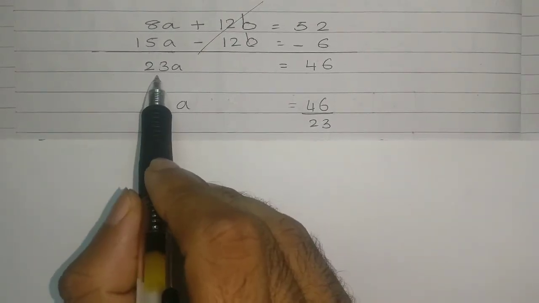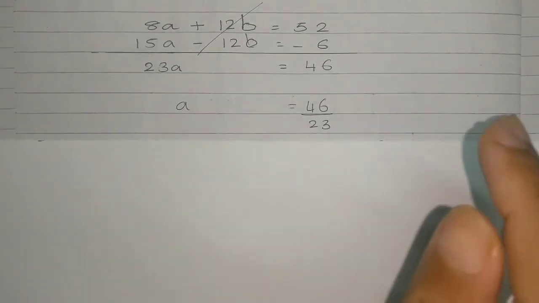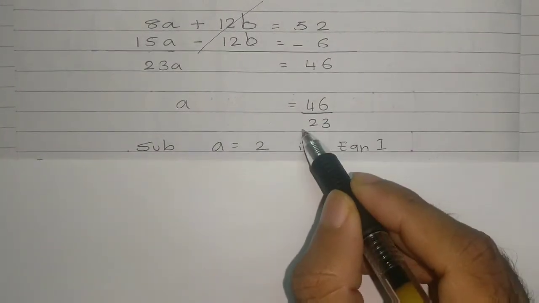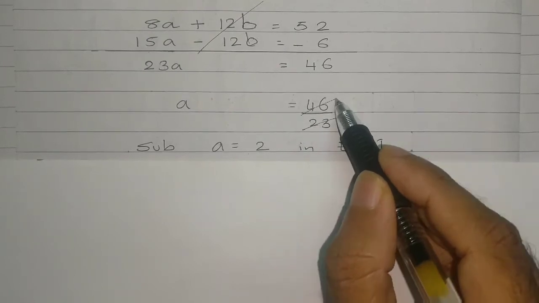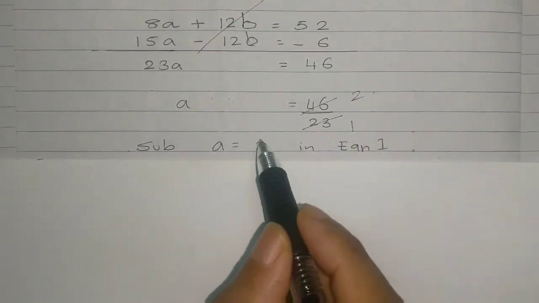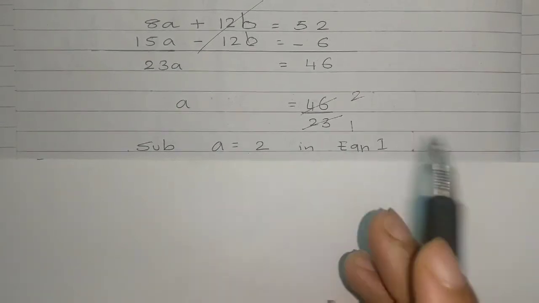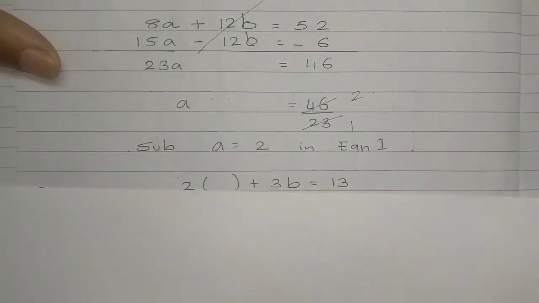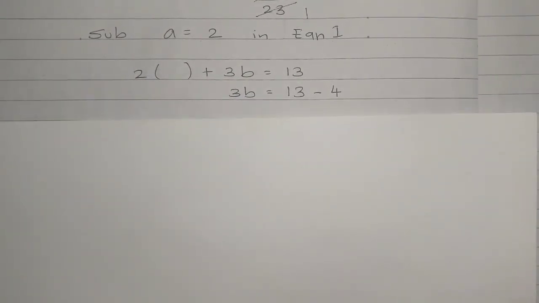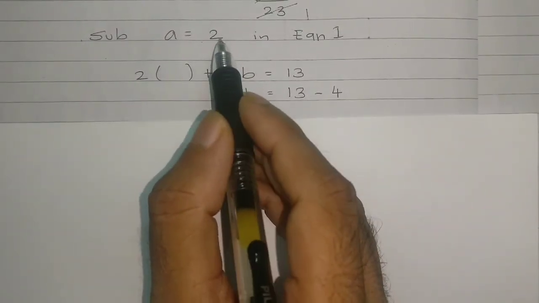23 multiplied on this side goes on the other side, gets divided. After that, my a value will become 23 ones are 23, 23 twos are 46. So a is equal to 2. I substitute a is equal to 2 in my first equation, which would become,